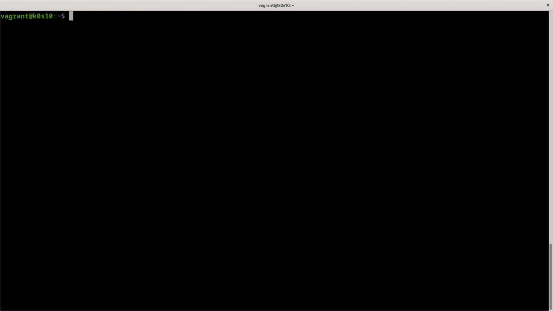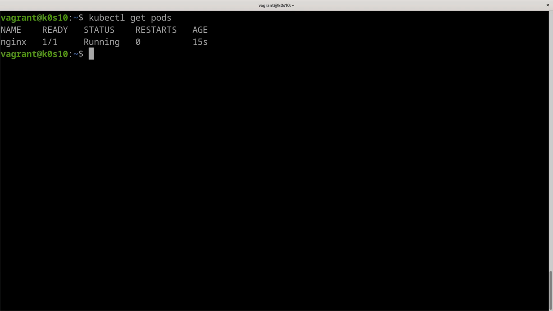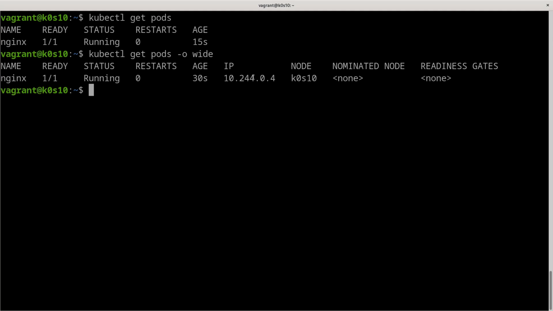If we run kubectl get pods again, now we have a pod named nginx. Remember that we can use -o wide to have more information about a resource. In our case, this is about pods, and you can see here that we have the IP of the pod.